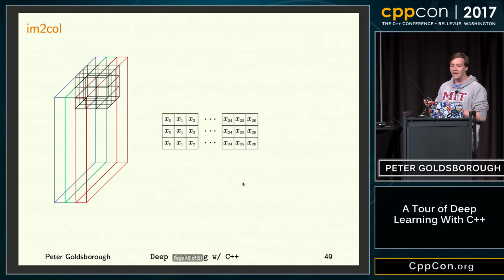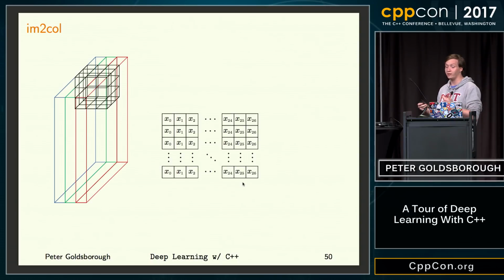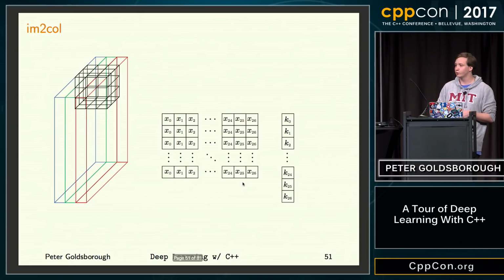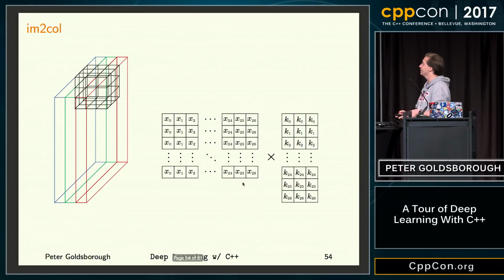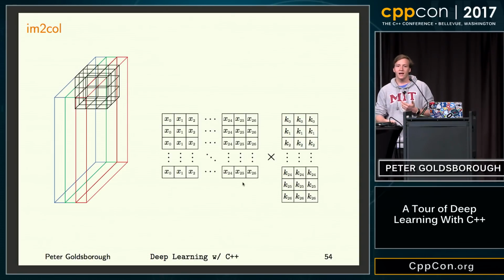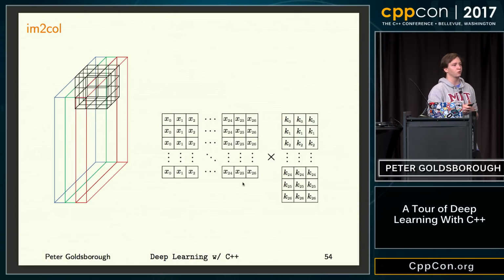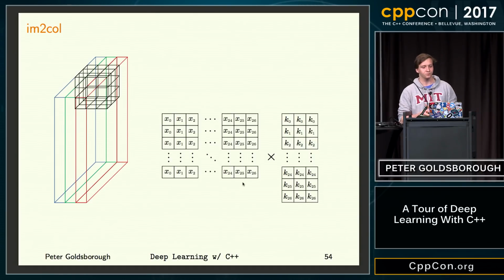So we would do this for every configuration of the image and the kernel. And now we have a matrix. So that's the first part. Now we need another matrix. And so what we can do now is also simply flatten out the kernel and put that into a column. And if we have multiple kernels, we can simply do that for all the kernels that we have and put them into the columns. And now we can simply put a cross here, and we have a matrix multiplication. And this is very similar for lots and lots of operations where we want to simply reduce them to one of these basic linear algebra operations that we usually have very efficient solutions to.